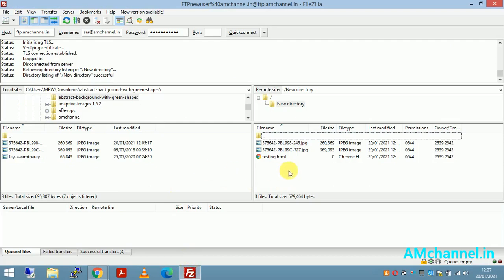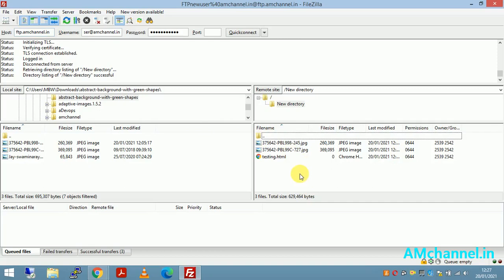FTP. One more thing I just want to tell you about the FTP connection details is that sometimes your hosting company, on the server side or remote side, has applied some firewalls which don't allow you to connect to the server.